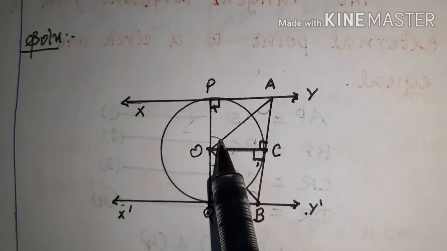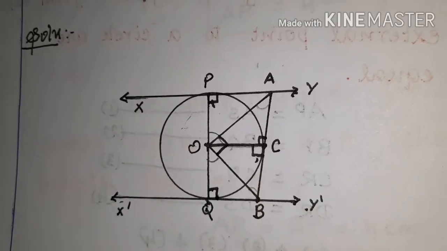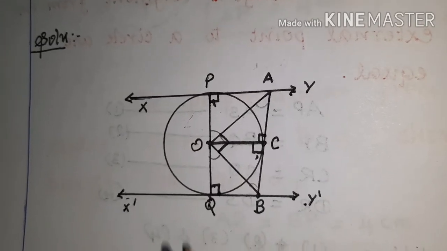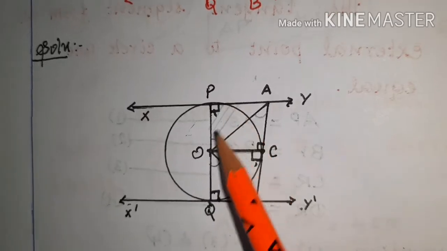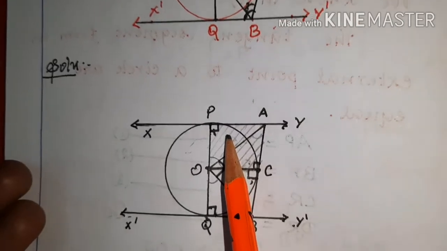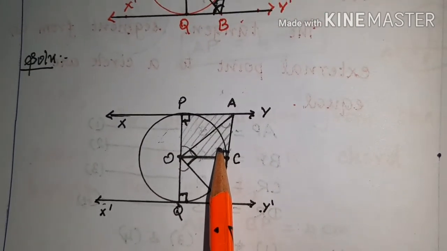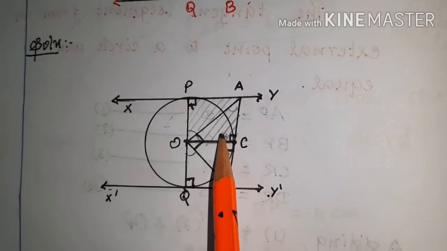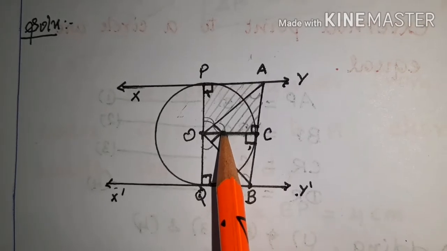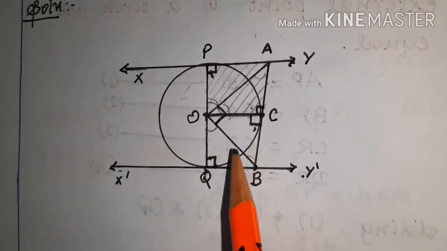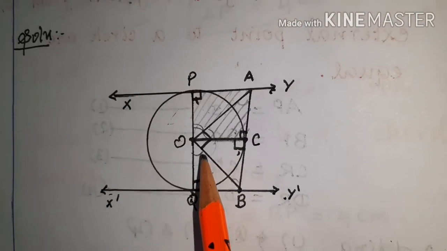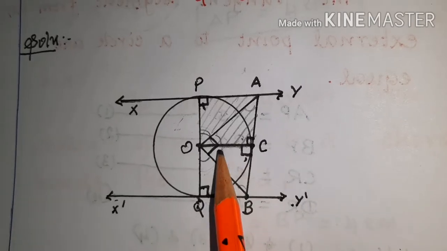Now actually we want to prove that AOB is equal to 90 degrees. For that we are going to consider first these 2 triangles. These 2 right triangles we are going to take and prove congruent, and by CPCT we can say these 2 angles are equal. Likewise, similarly we are going to proceed for the next 2 triangles, and in the same way by CPCT we are going to say these 2 angles are equal. At last, by applying the linear pair theorem we get the required result.